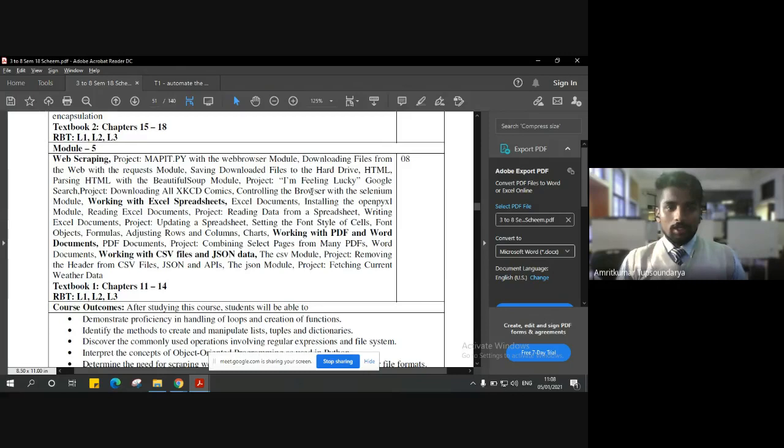Then we are going to work with Excel spreadsheets and documents, installing the OpenPyXL module, and then reading the data from the spreadsheet, writing a program to read the data from the spreadsheet, and then Excel documents and other documents like PDF and Word.